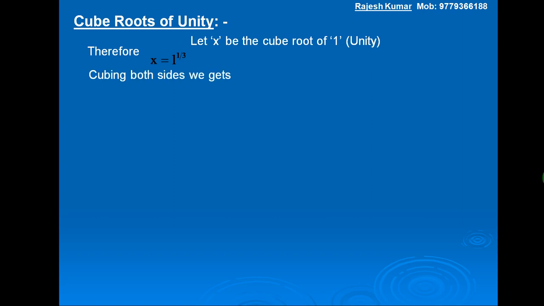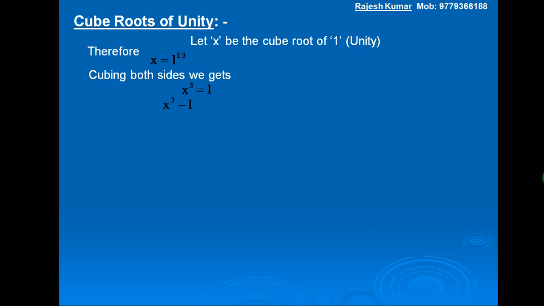Cube roots of unity. Let x be the cube root of 1, meaning unity. Therefore, x is equal to 1 to the power 1 by 3. That is, x is equal to the cube root of 1. Now cubing both sides, we get x cube is equal to 1